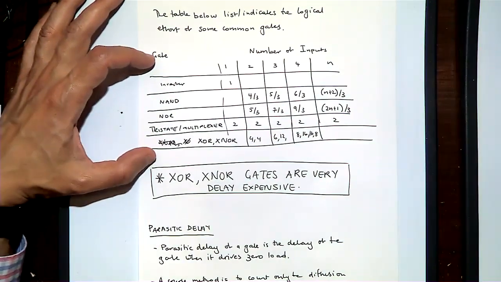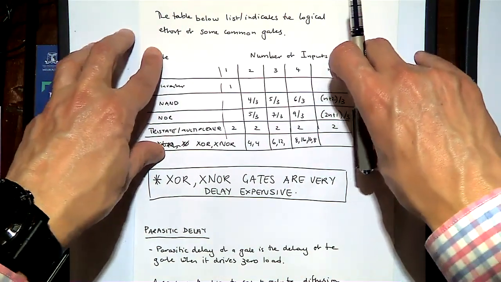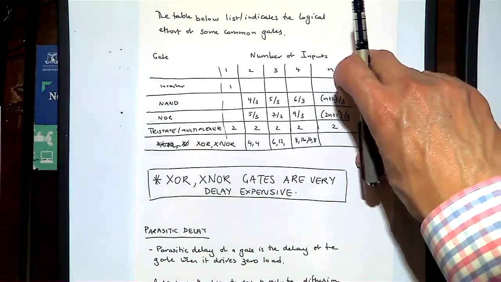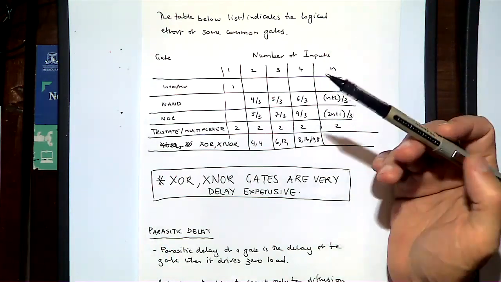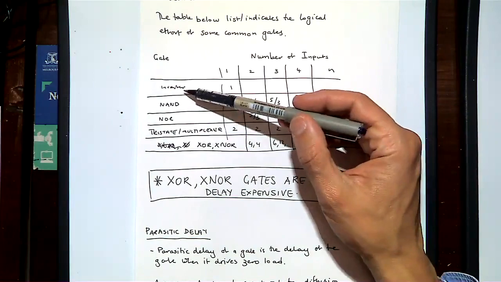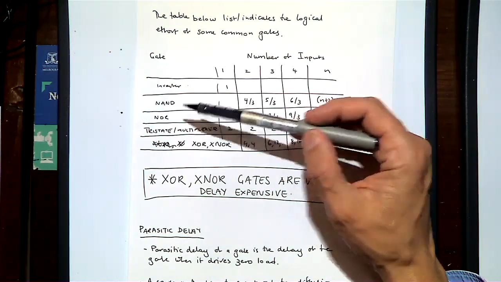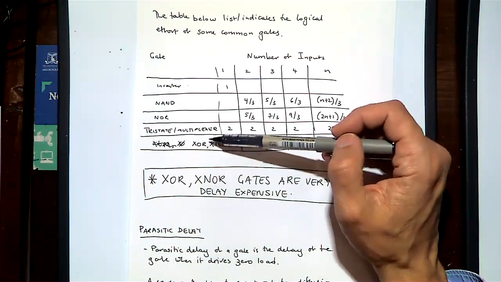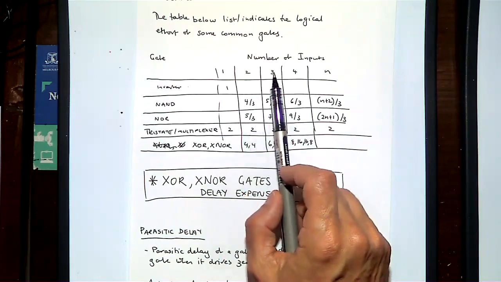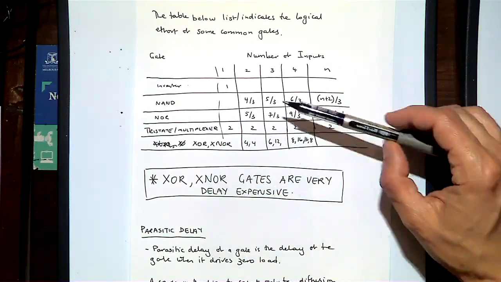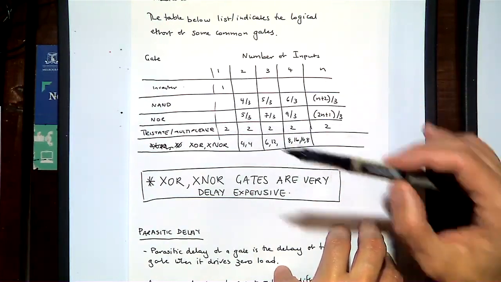For example, on an exam, I might give you this table. There are a couple of things I want you to note. Here I've got the gate type, for example an inverter, an AND or an OR, a tri-state, an XOR or an XNOR. Across here I've got the number of inputs, and in each of these elements in the table, I'm